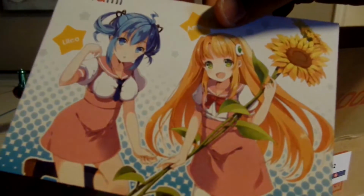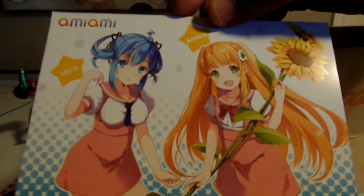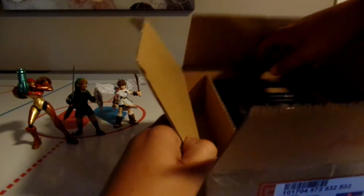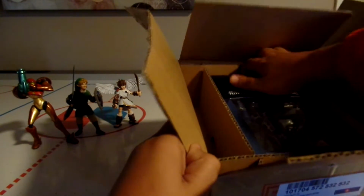So, of course, you start off and you get the same card as last time. I think they change it out every month or two. So it's just good, basic anime stuff. Very springy, even though it's closer to fall. But no extra packaging really, it's just straight into it. Here we have